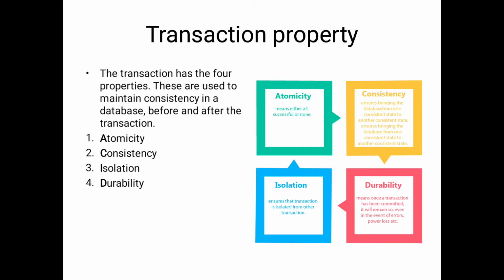In this process, at any time, in the middle of the process, maybe there are some problems, software problems, hardware problems, or power loss. In these situations definitely I will lose the transaction. That means the transaction is unsuccessful. So simply atomicity means either the transaction is successful or unsuccessful. That's enough. Here there is no middle.